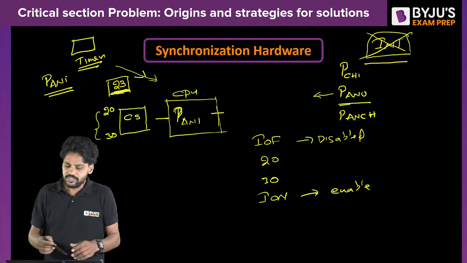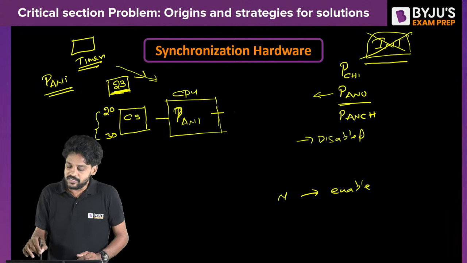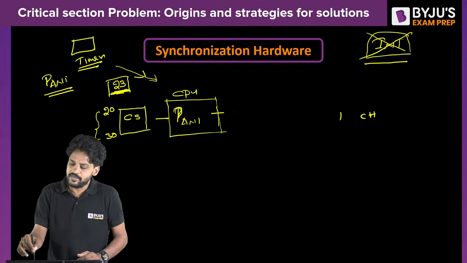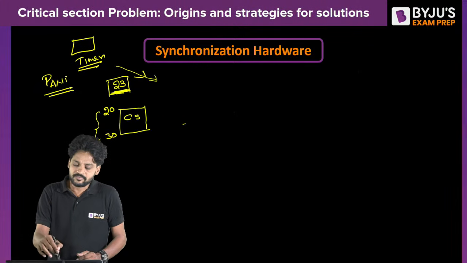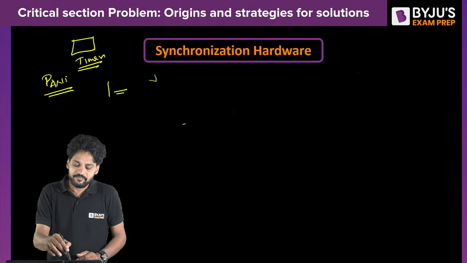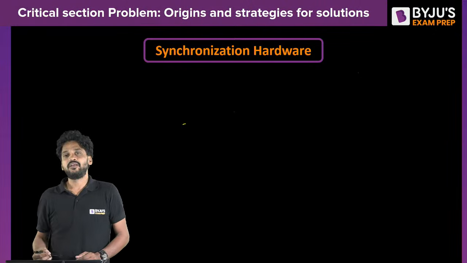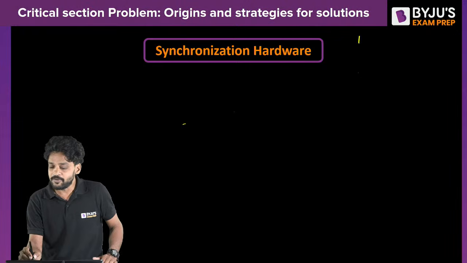Okay. Now this is how we'll be able to deal with the critical section problem. But let me tell you, disabling the interrupts is not advisable at all. That too, it works only in a single processor system. If it is a multi-processor system,